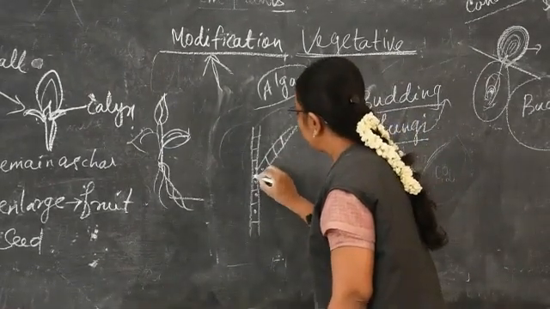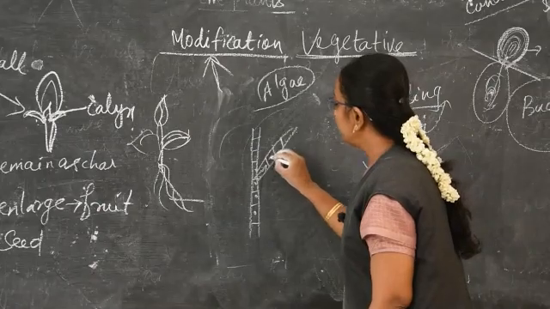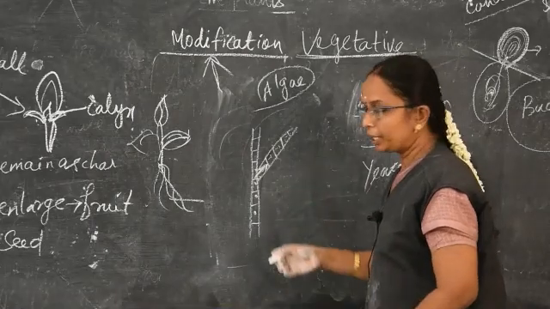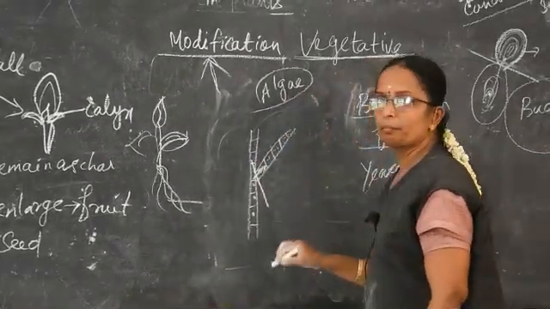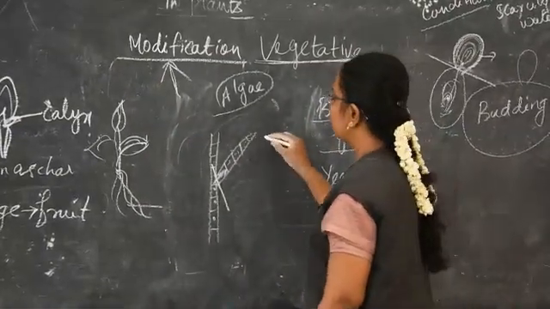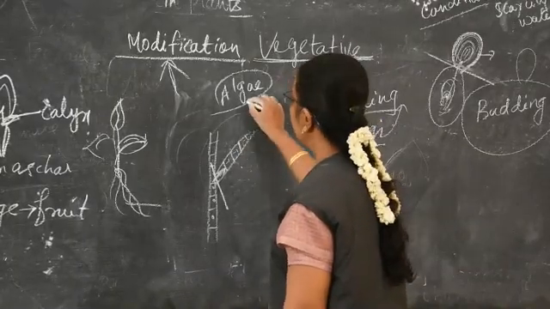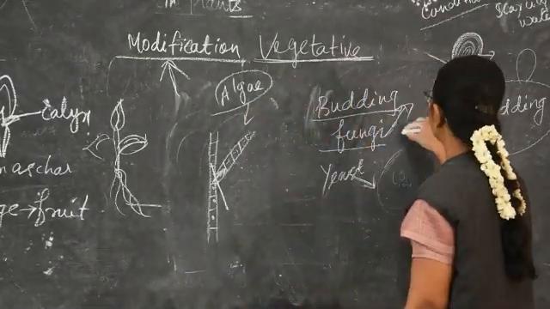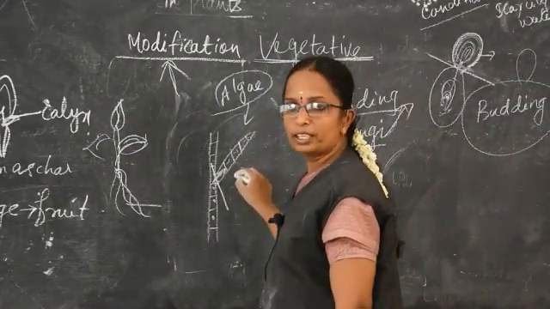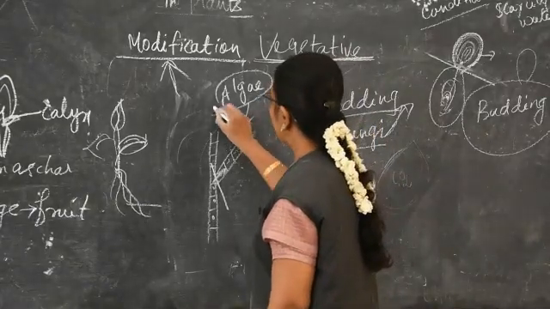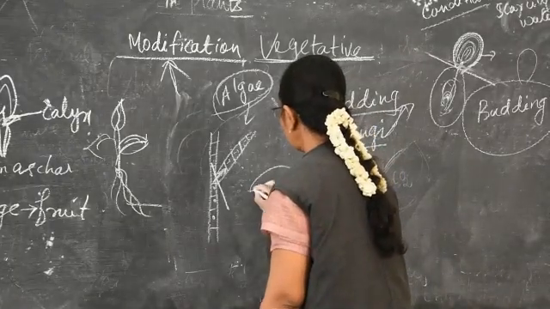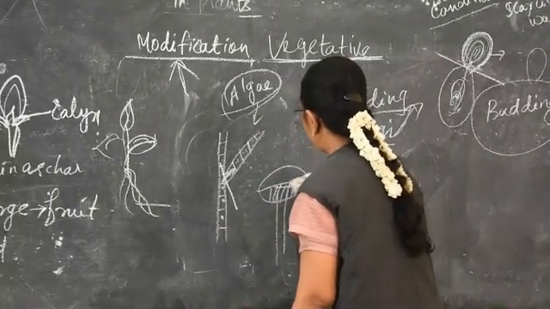During unfavorable conditions, they are all getting the content from their parent plant. When the conditions become favorable, this filament detaches from the parent plant and each portion will develop into a newer filament. So through filament it is developing. Algae is one of the examples. For budding, yeast is the example. For filament, if they develop from the filament, it is known as asexual reproduction, and Spirogyra algae is one of the examples.